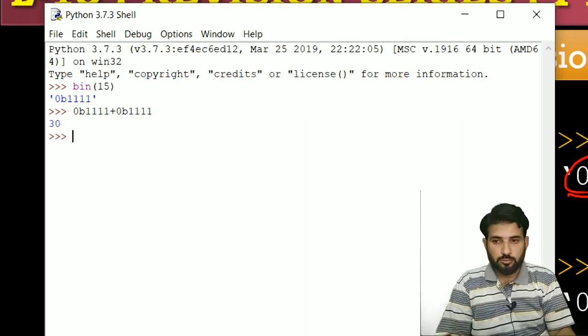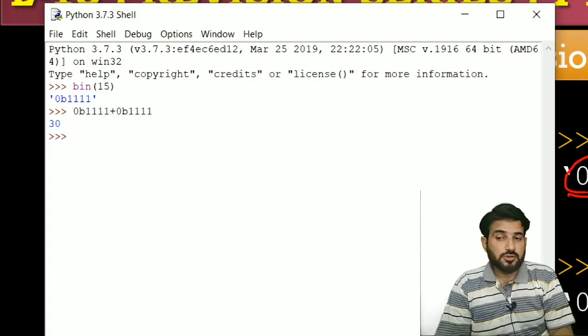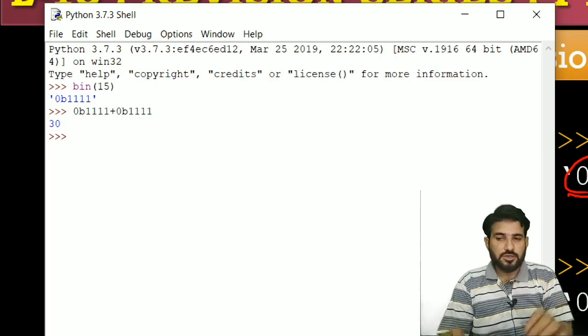If you notice, the answer comes in decimal, it is not prefixed with 0. Somebody could say, sir, this could be octal also, because it is a number between 0 to 7. But the point is, if you look very carefully, it is not prefixed with 0, so by default you will get the answer in decimal format. So there is no conversion function for decimal, because the number will automatically get converted into decimal form.